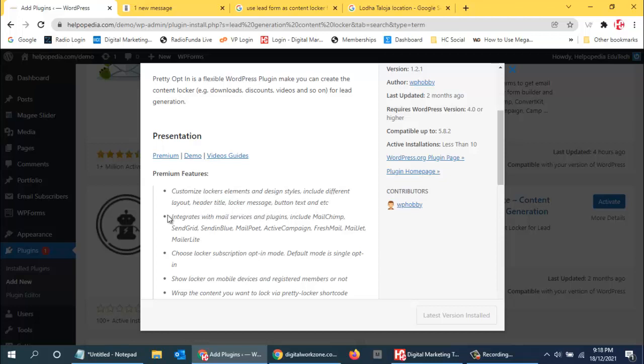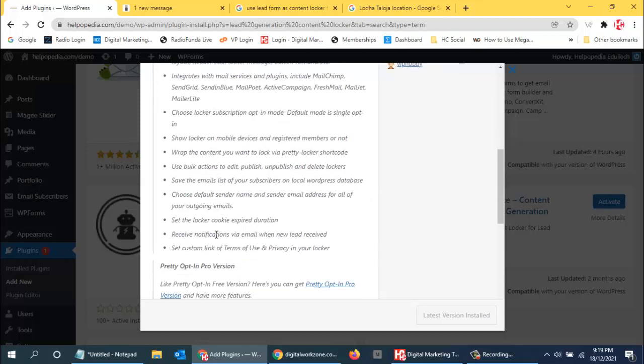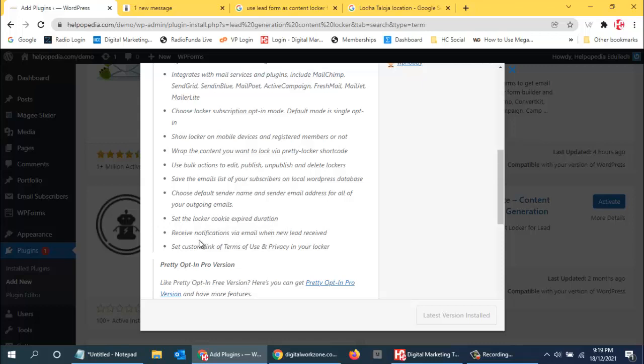Choose a locker subscription opt-in mode. Default mode is single opt-in. Show locker on mobile devices and to registered members or not. Wrap the content you want to lock via Pretty Locker shortcode. Then use bulk actions to edit, publish, or delete lockers. Set locker cookie expiration duration, then receive notification via email when a new lead is received. Add subscribers to the following mail services. Okay, so these are all mail services.